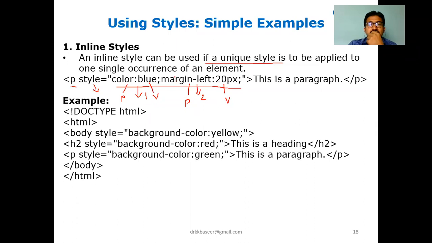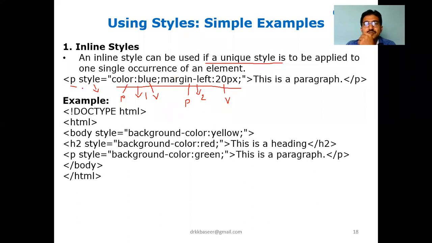Now what type of properties for color, what type of properties for font, for background, for text, all will be learned in upcoming topics. So don't be confused about how I know what the different properties are, because we have different categories of things we need to apply for the text. Like we apply some property for the text, we can apply for font, we can apply for the background, we can apply for tables, or for normal hyperlinks, positionings, layers, all such topics will come up. We'll see what the different properties are for different categories.